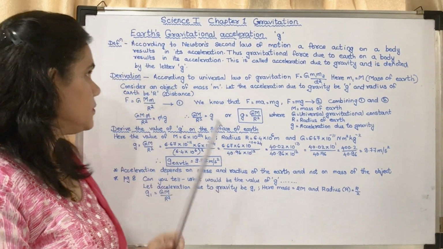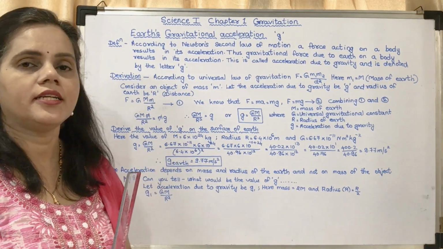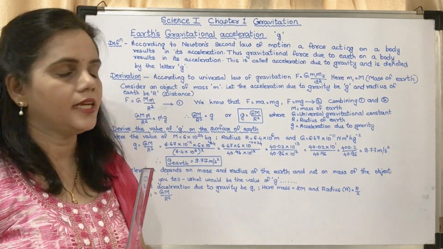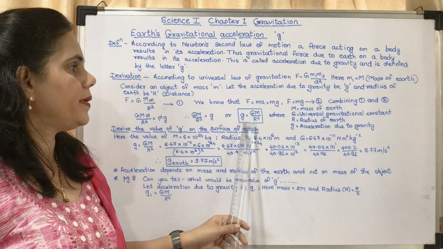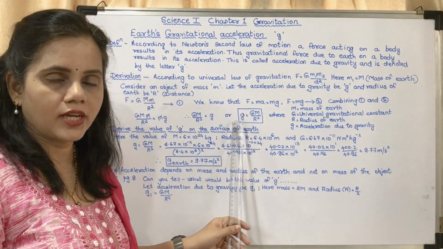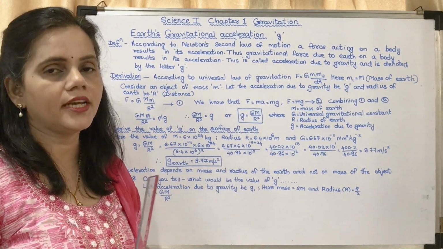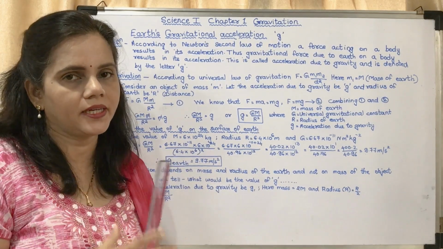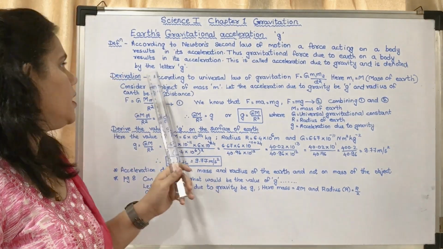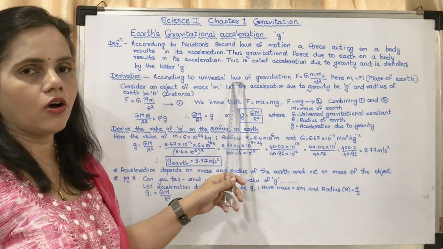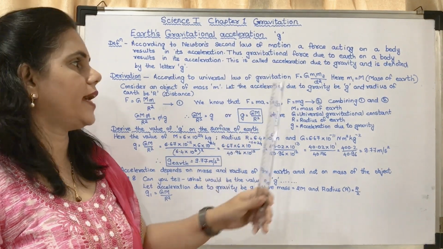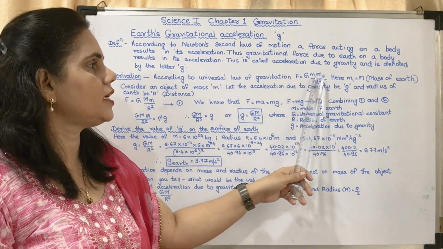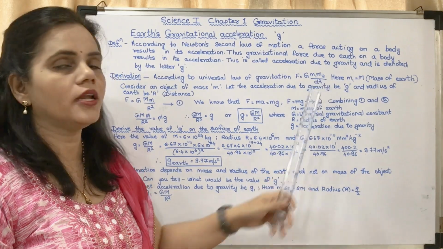Okay. Now the derivation for small g. This derivation you may copy, and even if you write this you will get marks. In your textbook they have given it in a slightly confusing manner. So according to the universal law of gravitation, we know that F is equal to G m1 m2 upon d square,